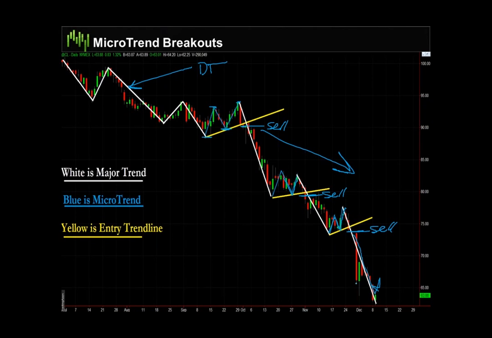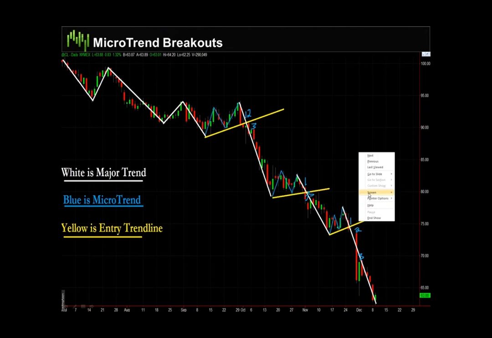Now when you look at each one of these, what's happening as soon as you get in? Let's count the price bars after we get in. So we sell right here, and then we have 1, 2, 3 price bars, we're in the money. Let's look at it again. 1, 2, 3 price bars, we're in the money. So with these micro trends, you should be getting in the money very, very quickly, assuming that your break point is correct, assuming that you're reading the chart correctly.